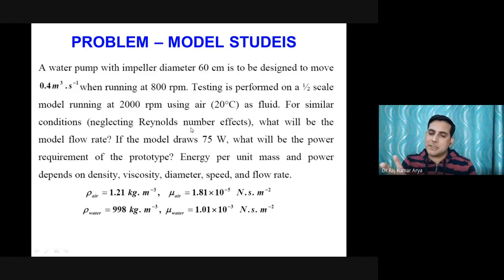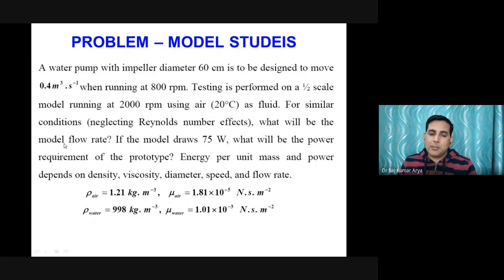It has some sense also. I will tell you why. Because in case of a pump, the flow pattern is not being followed. Reynolds number gives the flow pattern. So in case of a pump, there is no flow pattern, so the Reynolds number doesn't play any role in case of a pump. Therefore, it is being mentioned here. The Reynolds number effect is neglected, because wherever you are not following the flow pattern, you should not bother about it.